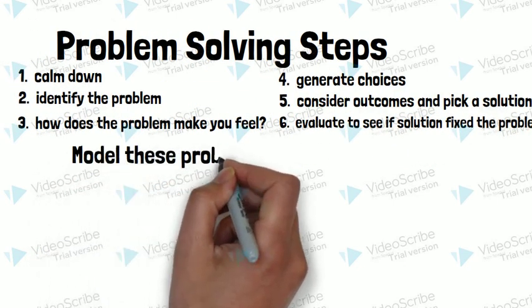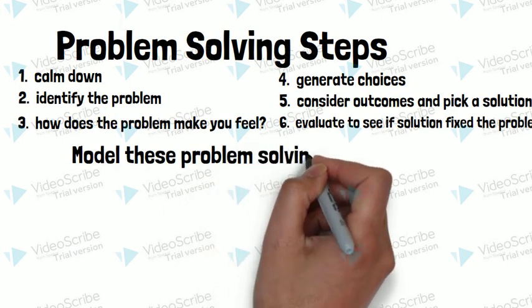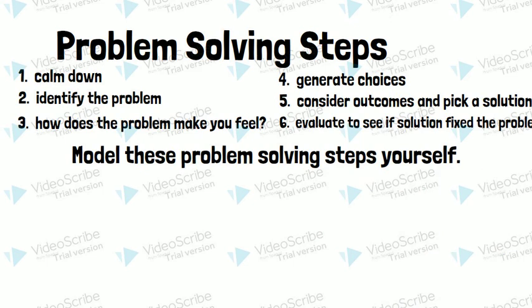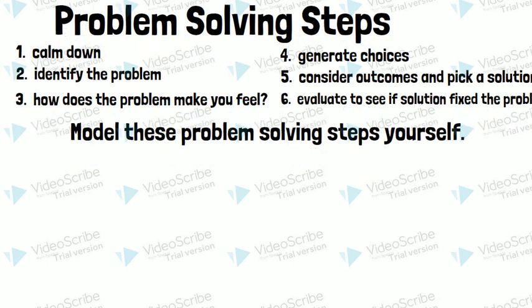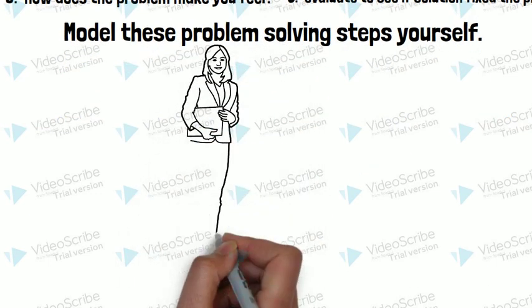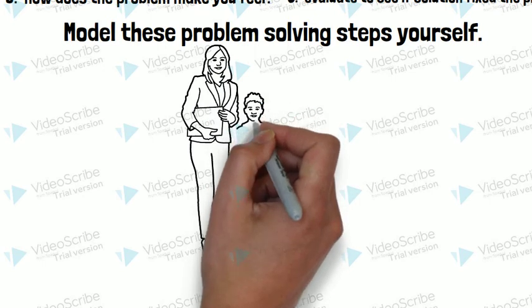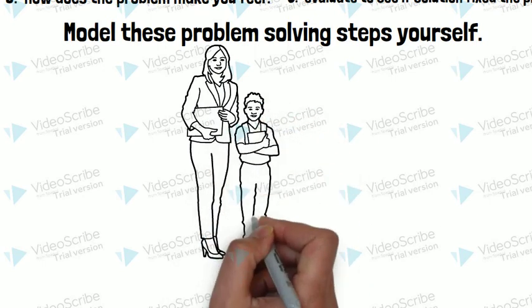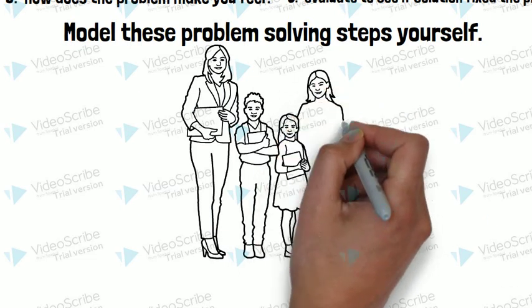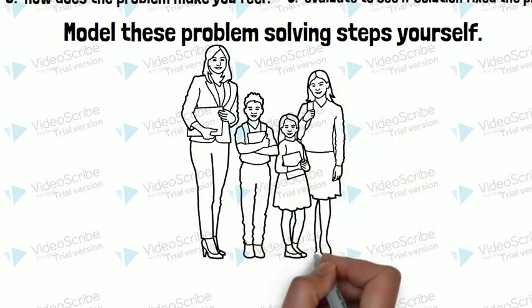Remember in the classroom to model these problem-solving steps yourself, including doing the relaxation techniques to calm down. Children will learn from what you are doing and copy your behavior. When problem solving, other teachers can help and even get the whole class involved to help you brainstorm solutions, evaluate them, choose one, and then follow up to make sure that it's working.